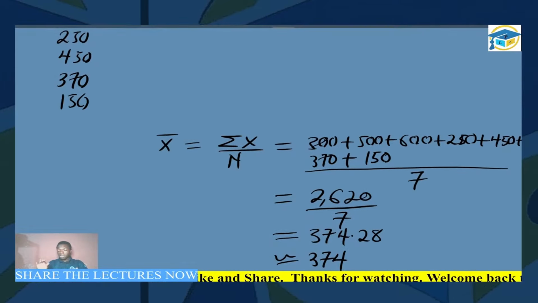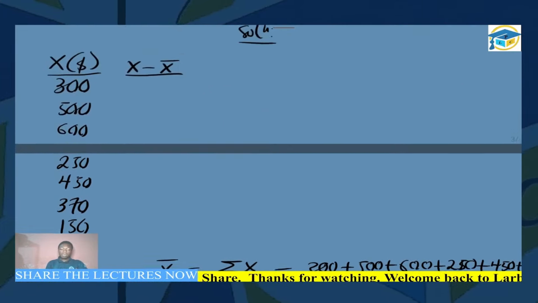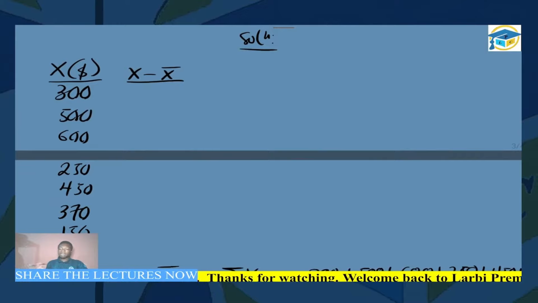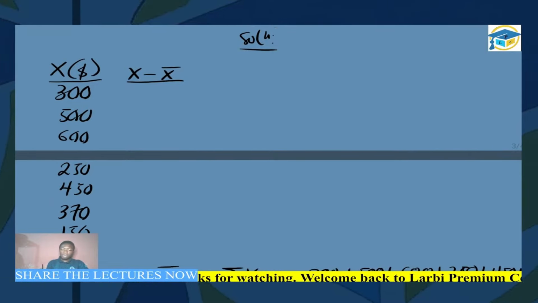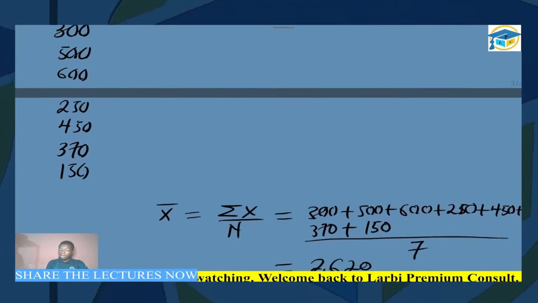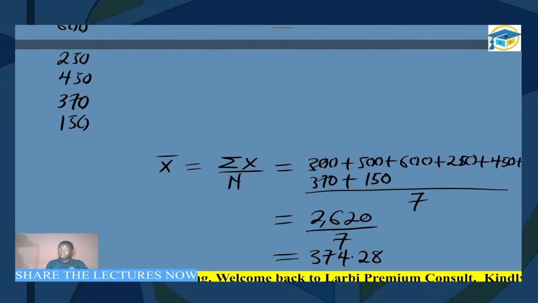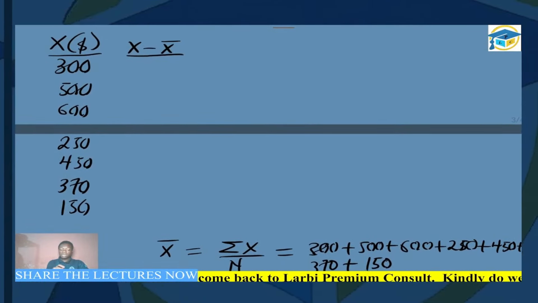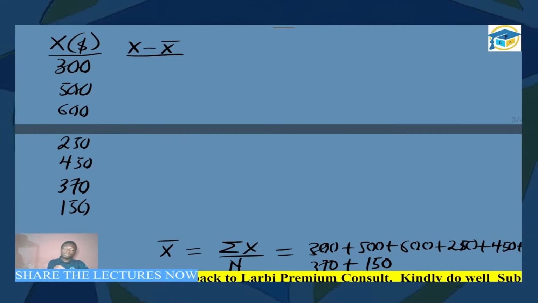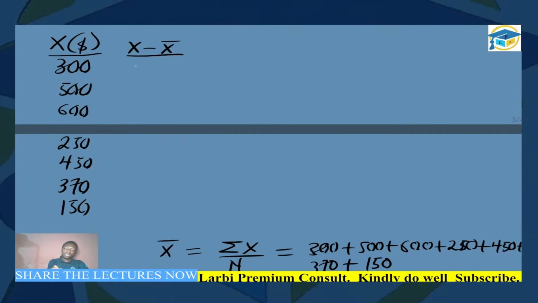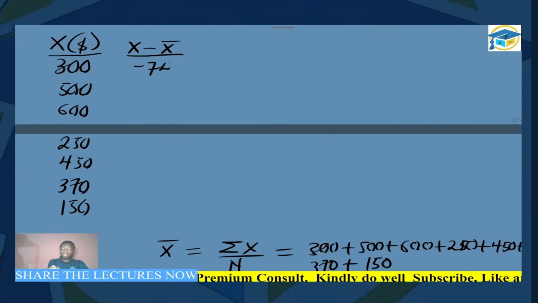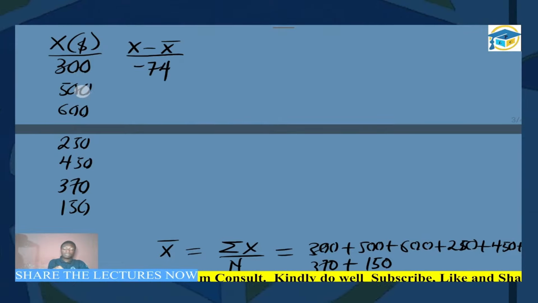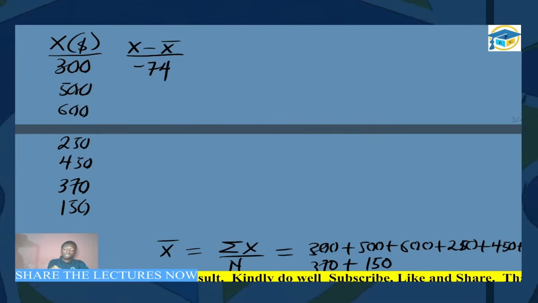So once you're able to get our mean of 374, then we can find our column for x minus x bar. So let's see how we go by that. In that line, I know my mean to be equal to 374. So I'm going to deviate it from these values. When I subtract 374 from 300, I'm supposed to get negative 74. When I subtract 374 from 500, I'm supposed to get